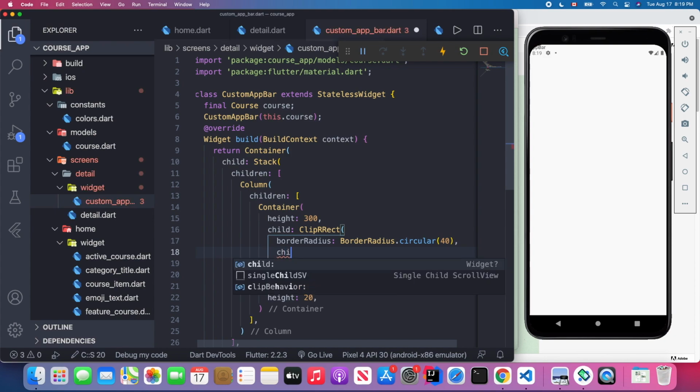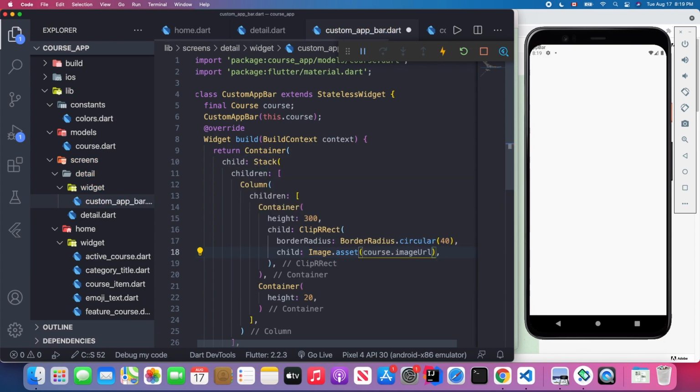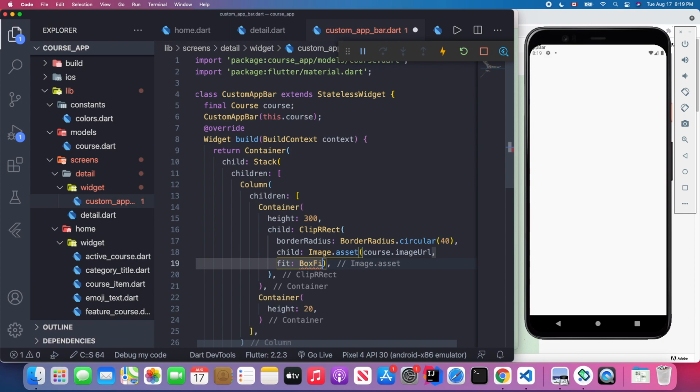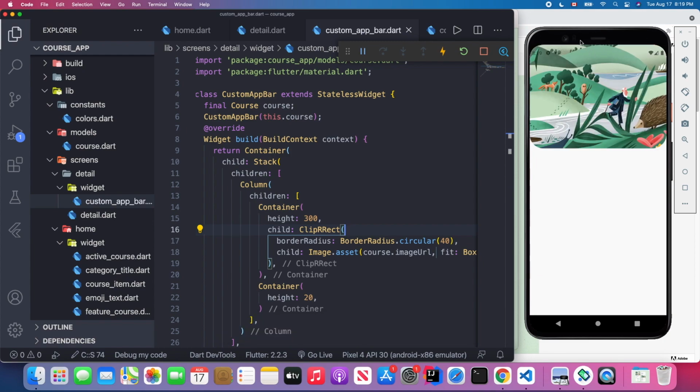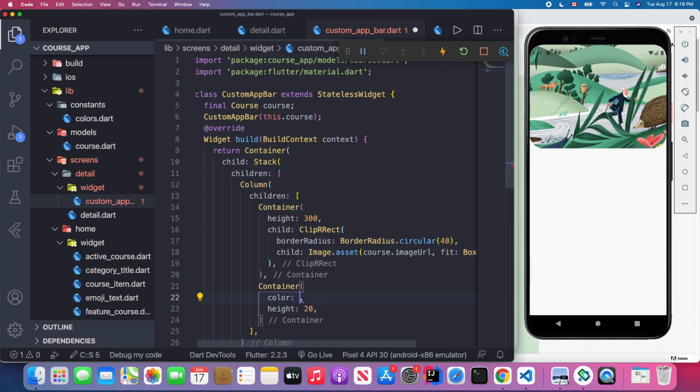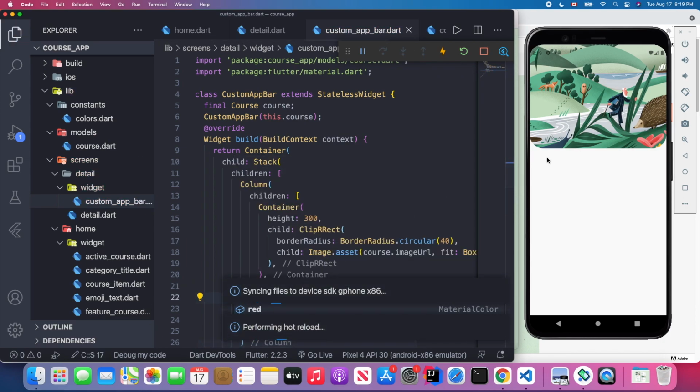And then for its child, we're using Image.asset, and we pass our course object's image URL, right? Also we can set its fit attribute to BoxFit.fitHeight, right? So let's save. Actually, you will see we have this image coming up. And also since we have this container, let's give it a color first. So you will see we have